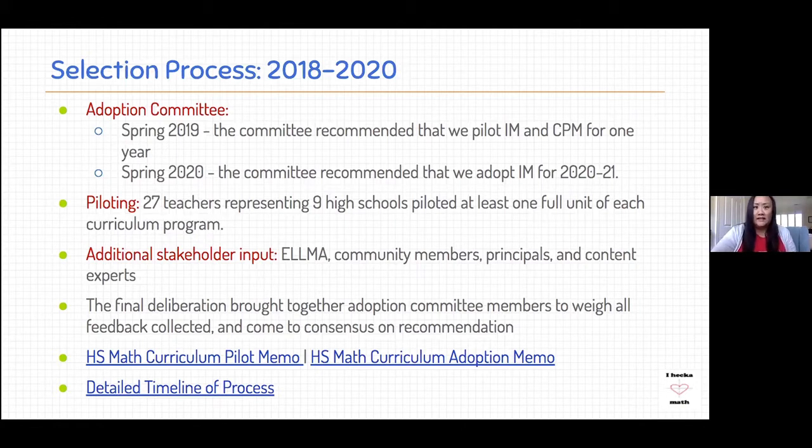But we started this 2 years ago with a committee of teachers representing schools all across our city to review multiple curriculum programs and select 2 that they wanted to pilot this current school year. So this current school year, we piloted CPM and Illustrative Mathematics, or IM. And at the end of that process, teachers unanimously voted to recommend IM for adoption for Algebra 1, Geometry, and